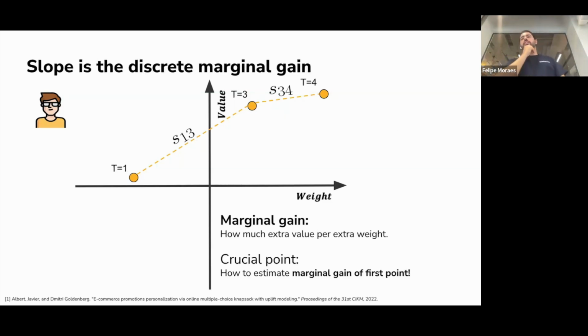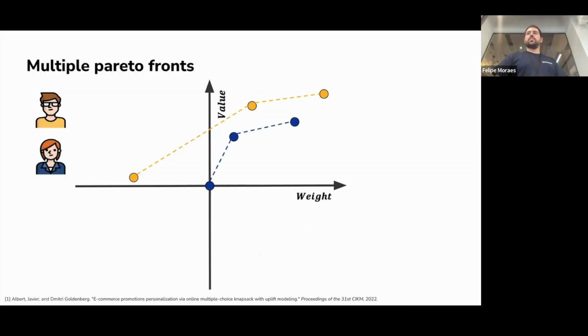And the crucial point here, which they actually developed in this paper and which you asked about before regarding the negative revenue, is how you estimate the marginal gain of the first point. Because the knapsack is originally only defined for positive weights, with the negative, you just give it a negative slope in this sense, and it's always preferred over control. But you can go for the details.